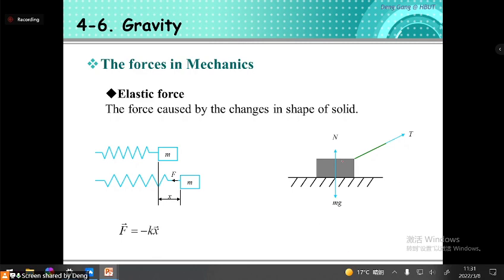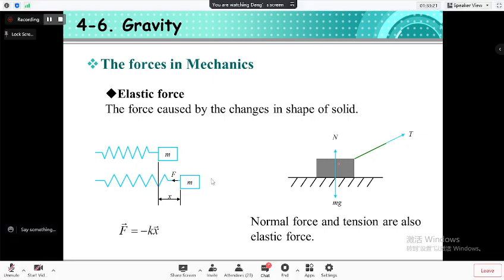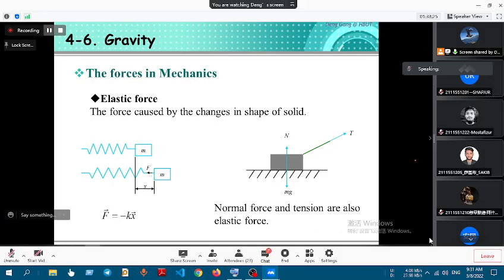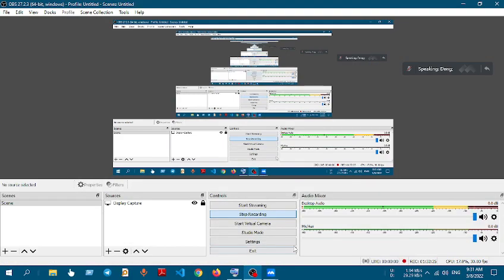And the normal force, the force on this block due to the contact between the block and the surface, is also an elastic force. So normal force and tension are also elastic forces. So there are many kinds of forces. There are elastic forces, the force caused by the change